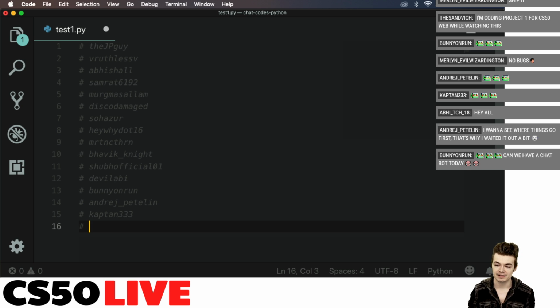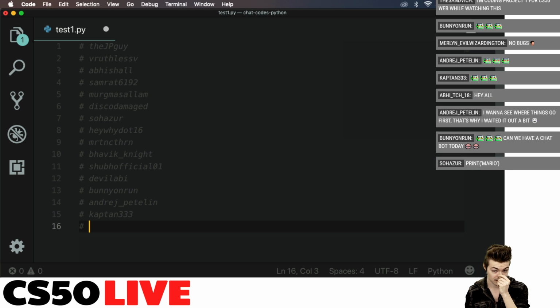Can we have a chatbot today? This is Bunny on Run. I'm not sure if you're referring to a bot that... I'm not sure what you're referring to with the bot. If you mean like, if you're asking the chat to code a chatbot with you, I